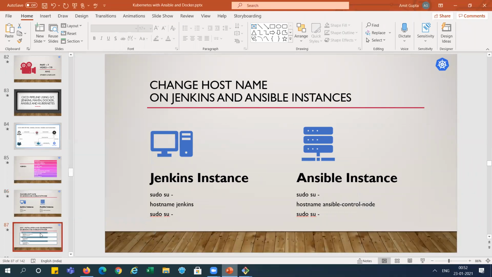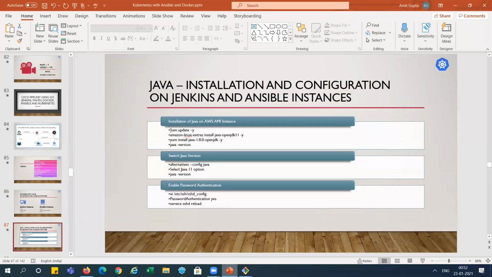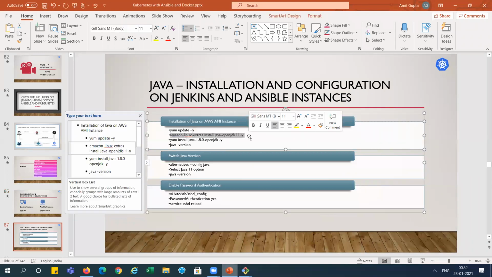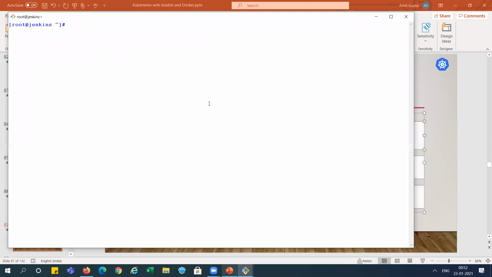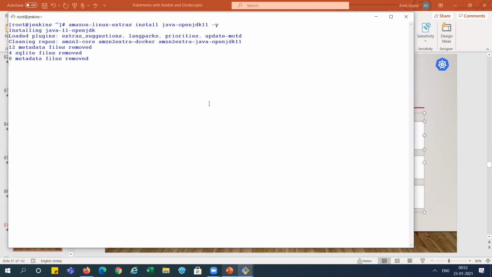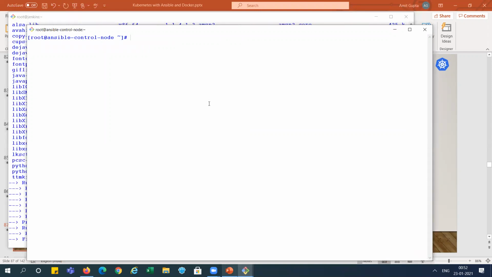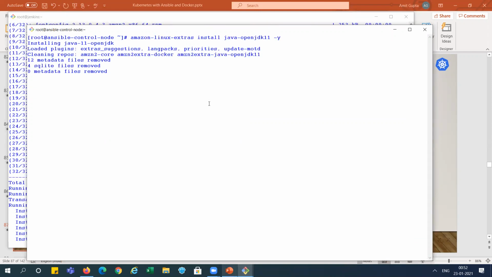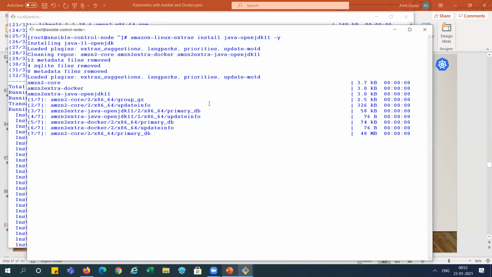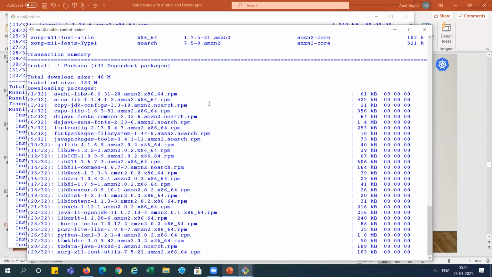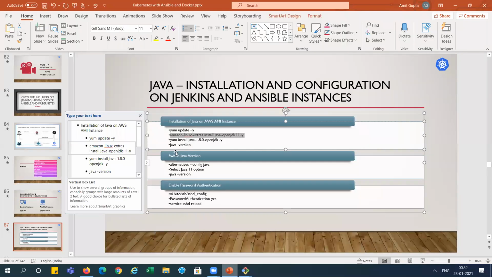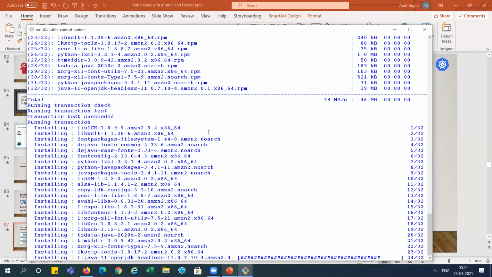Now move to the next one. We need to install the Java version. I've already updated the packages here. So I'm installing Java 11 on the Jenkins system, and the same on this Ansible one, right? And after that, we need to install Java 1.8.